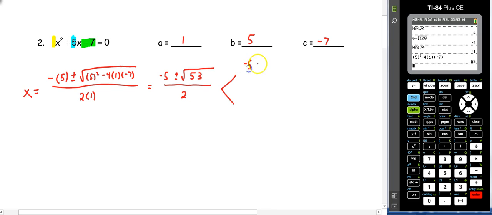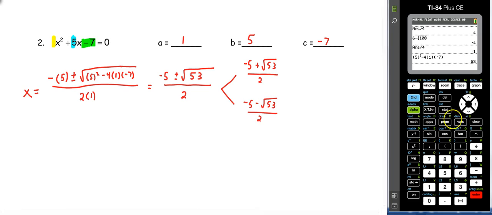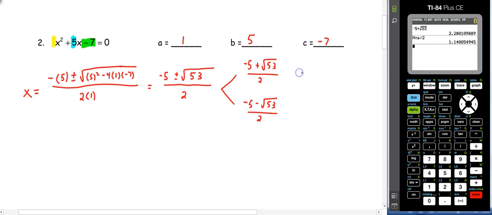So we have -5 plus the square root of 53 over 2 and -5 minus the square root of 53 over 2. So remember, when we're trying to get our solutions, we're going to do the numerator first. So -5 plus the square root of 53 divided by 2. And we get x equals